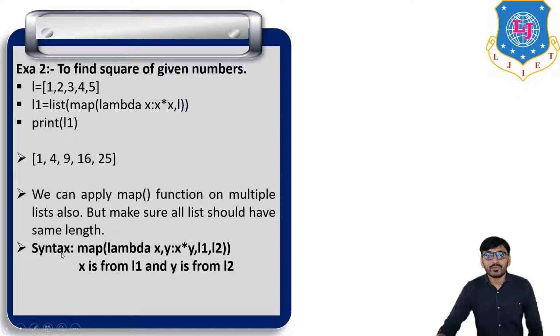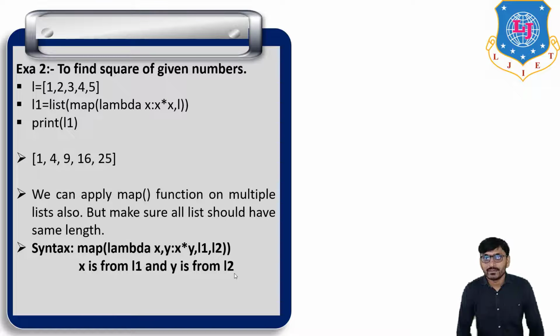Now the syntax for two lists is map, and inside it a lambda function, lambda x y and expression x into y, then L1 and L2. Now here x is from L1 and y is from L2. So multiply the first element of L1 and the first element of L2, the second element of L1 and the second element of L2,